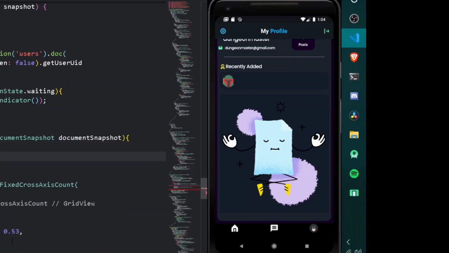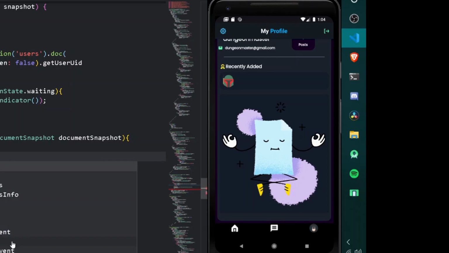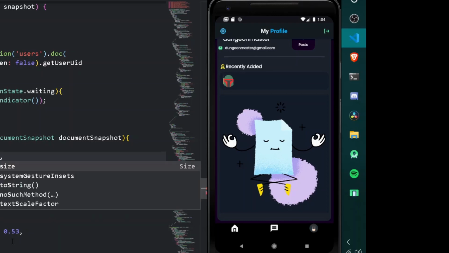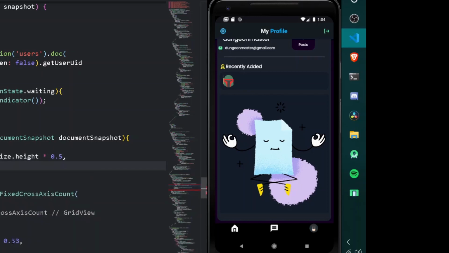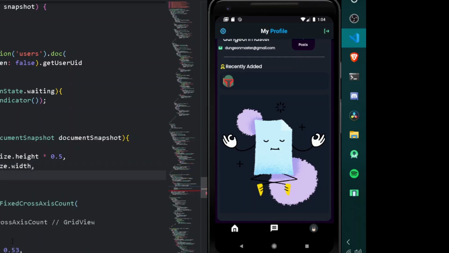Under the following container, first of all let's have height and width. So here I can simply have height of MediaQuery.of, for size of height into 0.5 I guess, also a width of MediaQuery.of for context of size of width, and after that we shall be having a child to be a FittedBox.